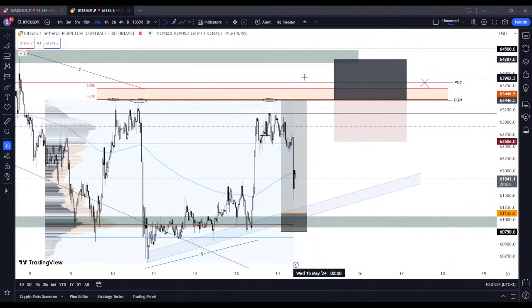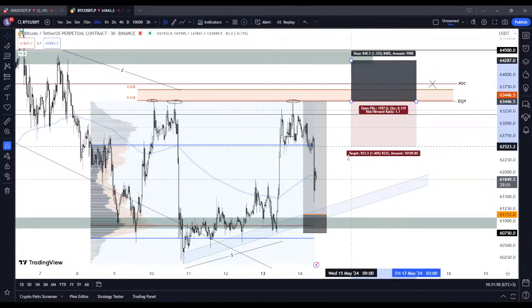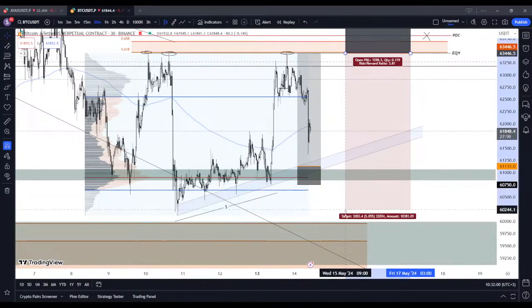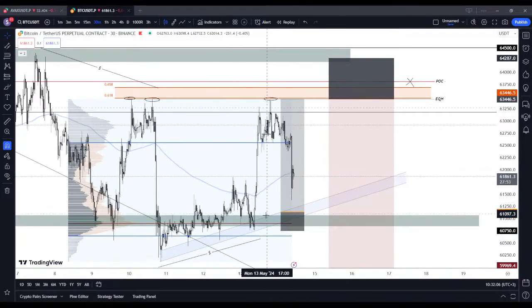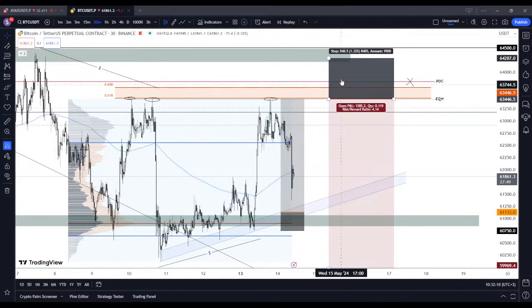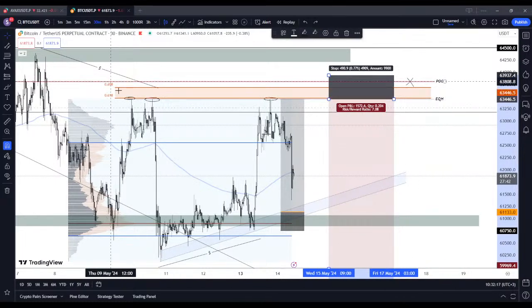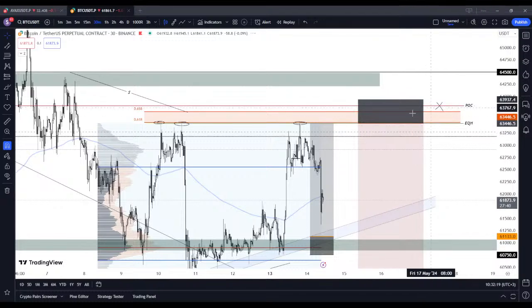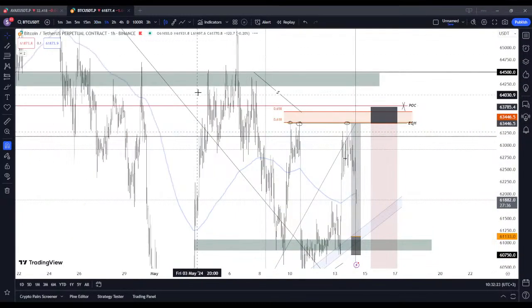These three equal highs are a little bit too obvious in my point of view. I don't know if the market will give the ideal scenario of not invalidating these lows, holding them, and then pumping into the equal highs, taking this draw of liquidity area, these equal highs, into 61.8 and POC. So that's my first area of interest, and let's go on 1 hour.